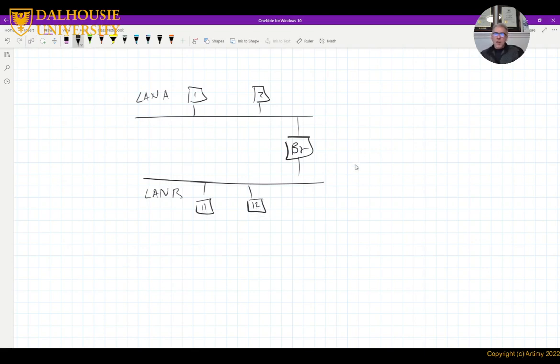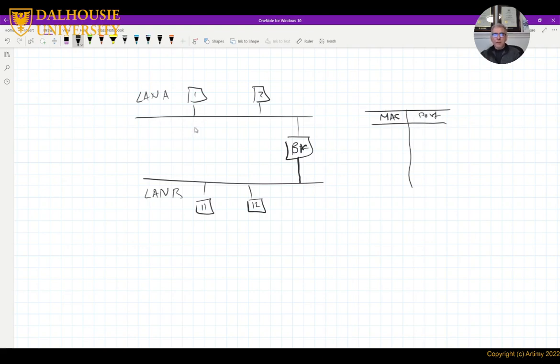All right? So the bridge, to avoid sending information unnecessarily to other LANs, maintains a table. The table has the MAC address of the station and the port where it came from. Right?